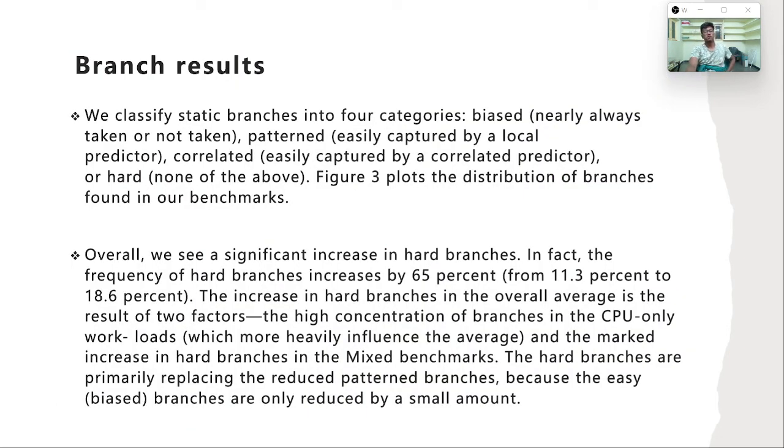Branch resolution. We classify static branches into four categories: biased, patterned, correlated, or hard. Overall, we see a significant increase in hard branches. The frequency of hard branches increases by 65%. The increase in hard branches